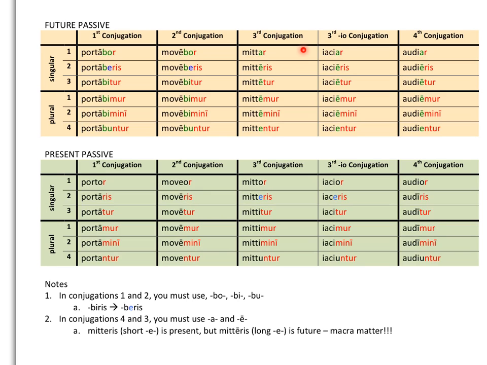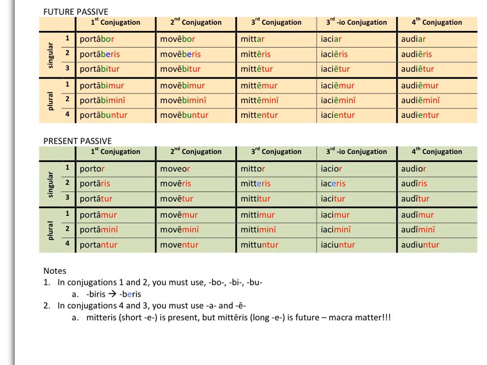When you come into the third conjugation, we're using ham and 5 eggs, except we're using our new endings: ar, eris, etur, emur, emini, entur. So A in the beginning, E the rest of the way through. Third IO, same thing, but we have to keep the I as if it's part of the stem. And then fourth, again, keeping the I as part of the stem, and then adding our A's and our E's. When we think about all of these forms together, some special notes